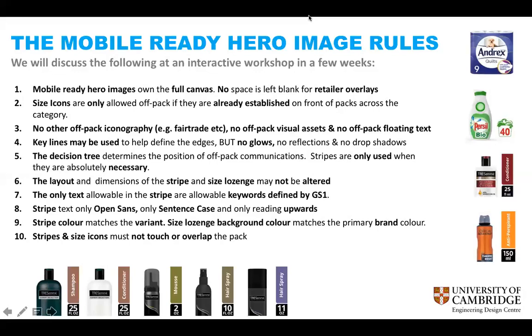It's based on whether you can or can't tell the type of product from the image. So we tried to make those rules. They were intentionally written so that you don't have every brand team interpreting the rules in their own way. And we put the rules available in the public domain for, again, that reason. So we've done everything that we can to make it as easy as possible for brands to all follow the same rules. The challenge then comes, well, even when we've done all of that, brand teams will still